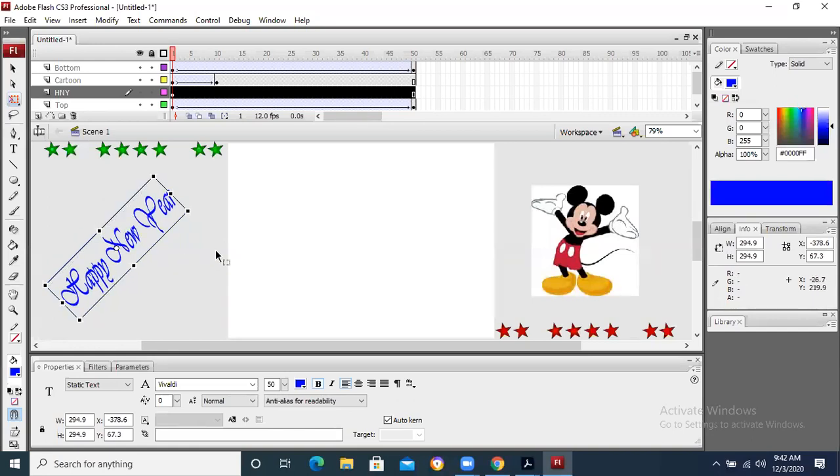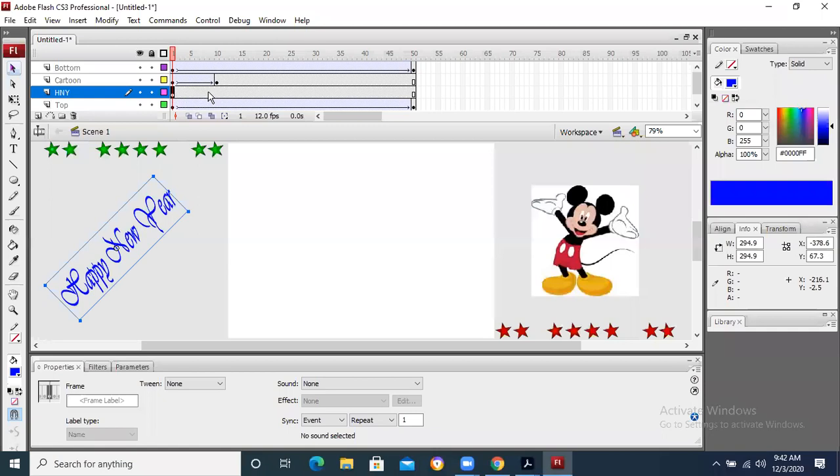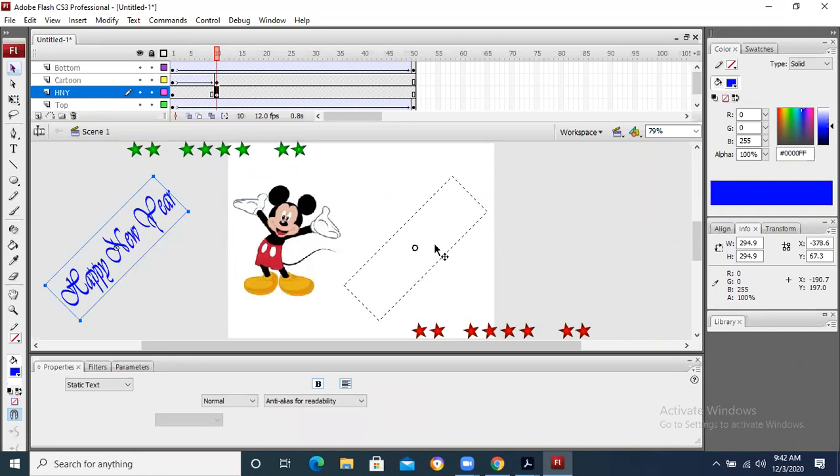Okay. Now what I want to do, I want to have a motion from left to right in it. Right now I am on frame 1. I will click on frame number 30, let's suppose. Press F6, bring it from this position to this position.